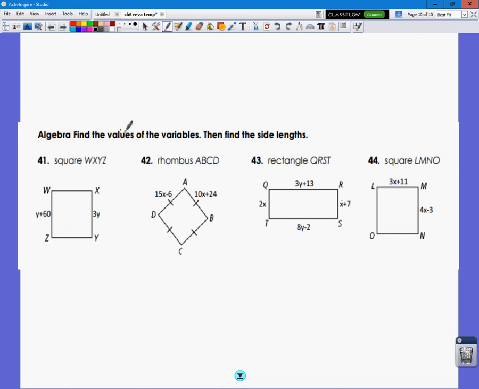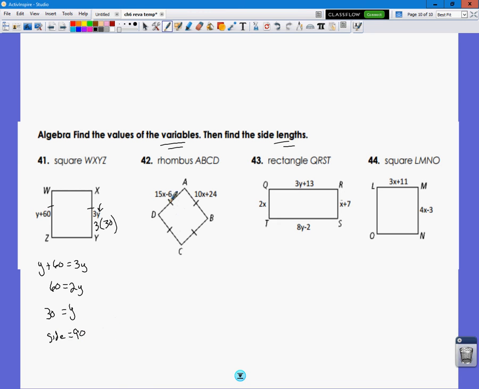Be careful, make sure you read all of this. We got to find the value of the variable and the length of the sides. This is a square, so opposite sides are equal. Y plus 60 would be equal to 3y. Solving would give me 60 equals 2y. Dividing by 2 would be y equals 30. Plug that back in. 3 times 30. The side would be